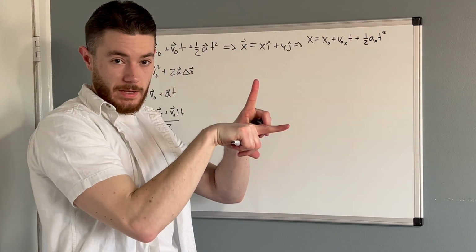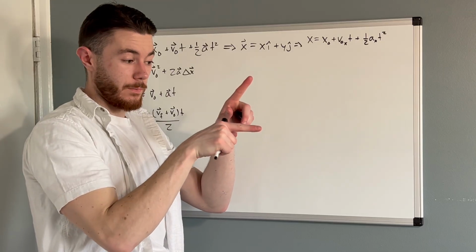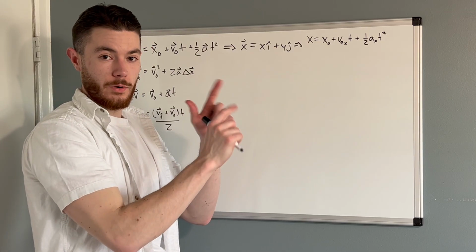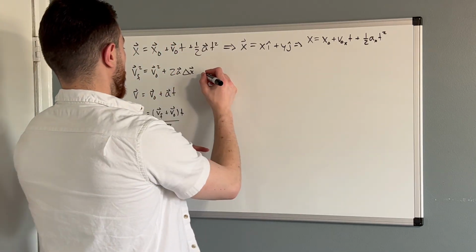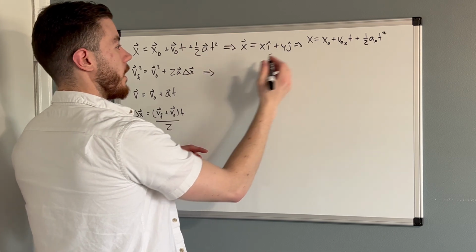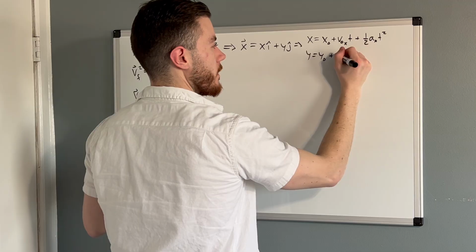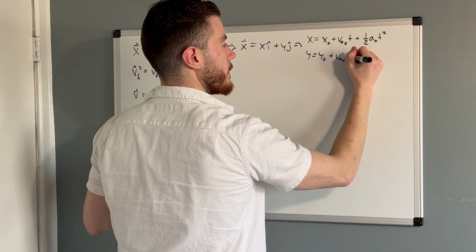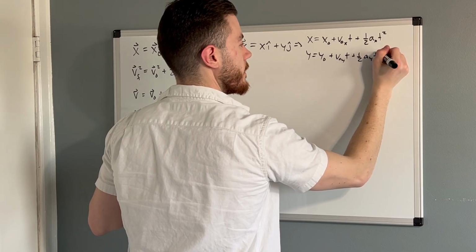So if this is x and this is y, the acceleration is some vector in that plane. It may have a component pointing in the x direction and a component pointing in the y direction. This is only the x component. This turns into y equals y naught plus v naught y t plus 1/2 a y t squared,